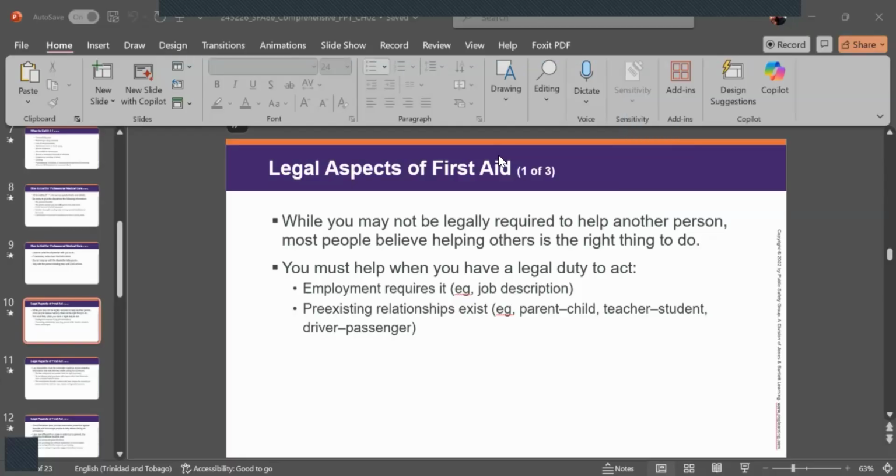Right, good. So as I was saying, we're looking at the legal aspects of first aid now, right? And we have some similarities when compared to the US and some differences. Now, on your screen here, you'll see this statement. While you may not be legally required to help another person, most people believe helping others is the right thing